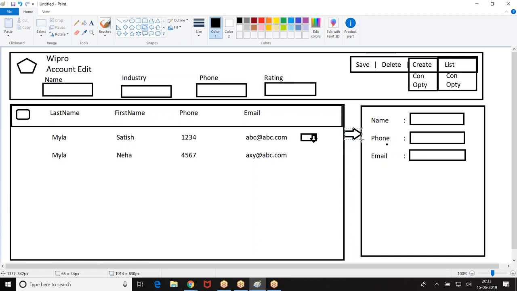Okay. Now we have already done these examples, but separately. Now we want to merge them and make it one single functionality. We already did data table. We already did lightning card with menu. We already did button groups. So we need to join them together and make one single functionality. Can you try this example? Try from your end.